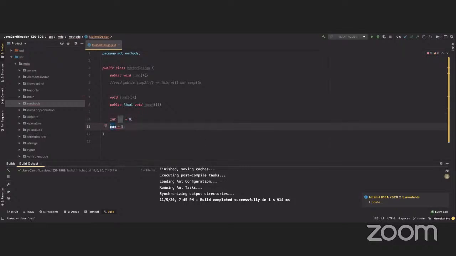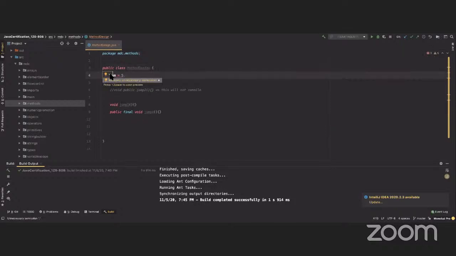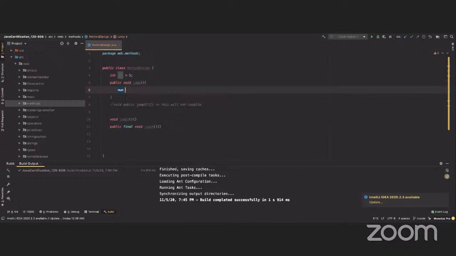Because this needs to be inside a method, not outside. So I can put this guy here, like maybe somewhere here. And then inside this method, I can say num equals 6. You see? That way, not outside a method. So if I say there final,